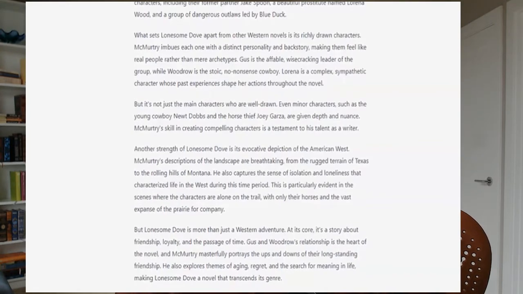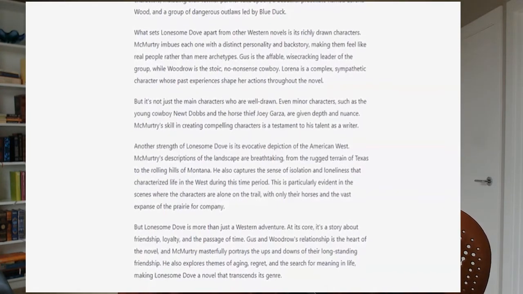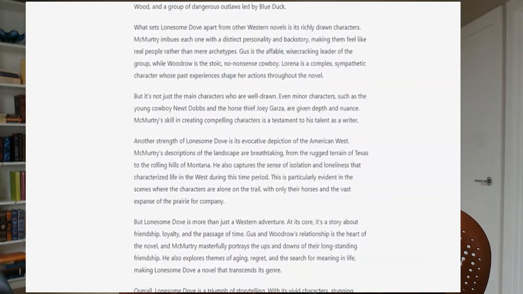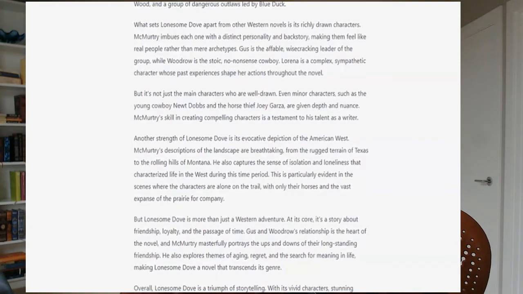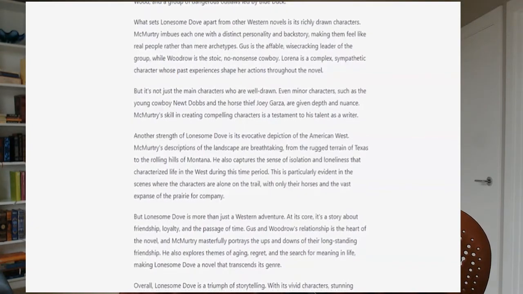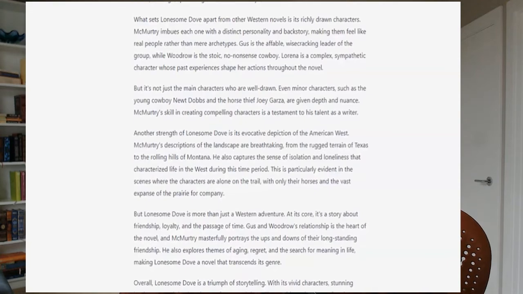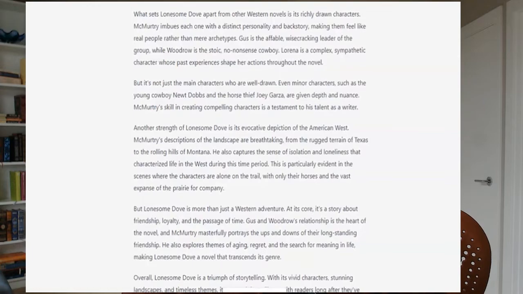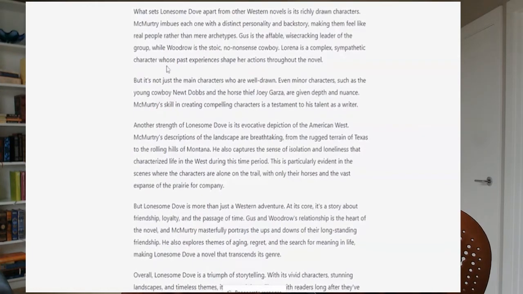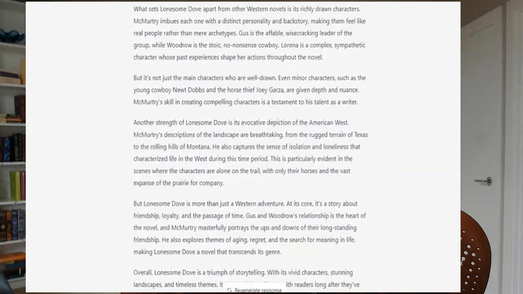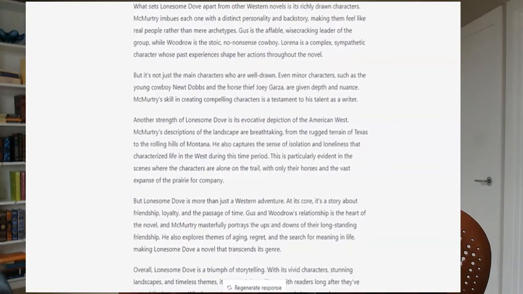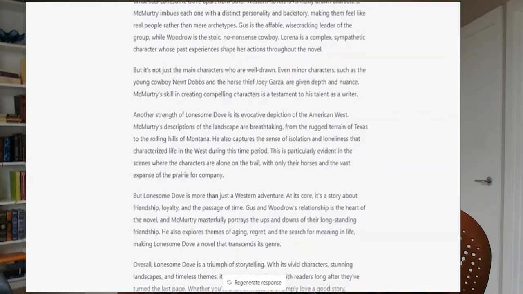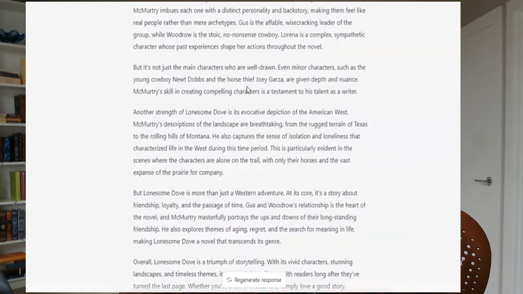What sets Lonesome Dove apart from other Western novels is its richly drawn characters. McMurtry imbues each with a distinct personality and backstory, making them feel like real people rather than mere archetypes. Gus is the affable, wisecracking leader of the group, while Woodrow is a stoic, no-nonsense cowboy. Lorena is a complex, sympathetic character whose past experiences shape her actions throughout the novel. But it's not just the main characters who are well drawn. Even minor characters, such as the young cowboy, Newt Dobbs, and the horse thief, Joey Garza, are given depth and